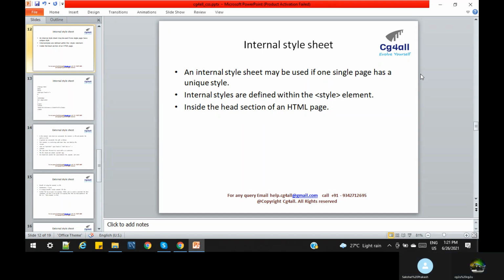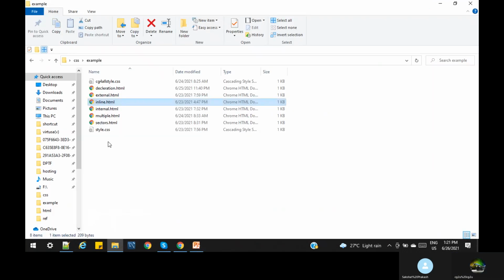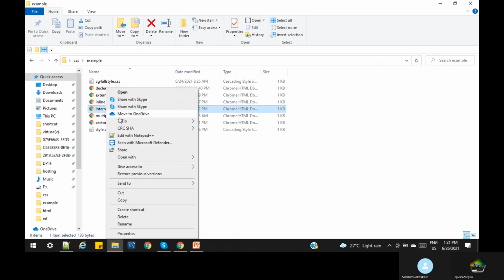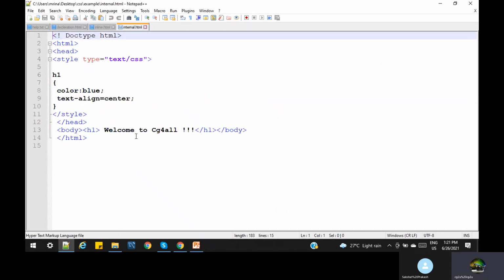Okay. So now we will understand with an example what an internal style sheet is. We have an h1 element, which we are referring to. This is the selector. This is the declaration. Inside the declaration we define the properties, a property with a value, the text color and its value. So this is a style.